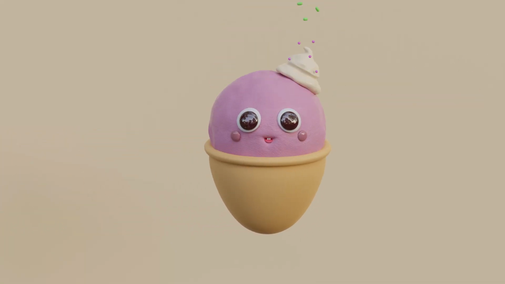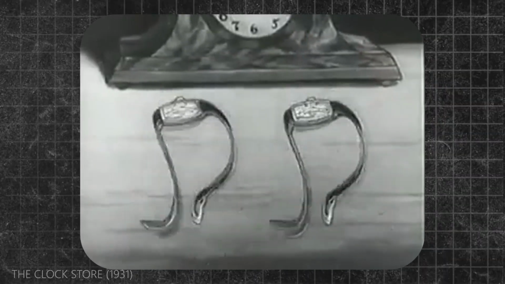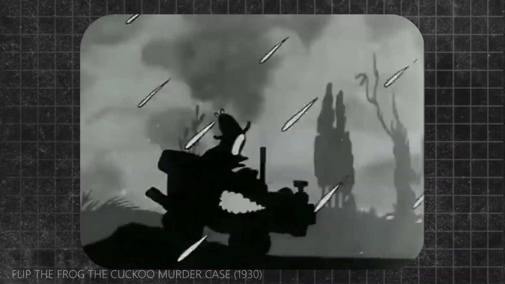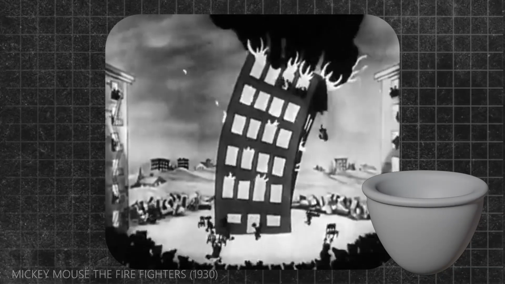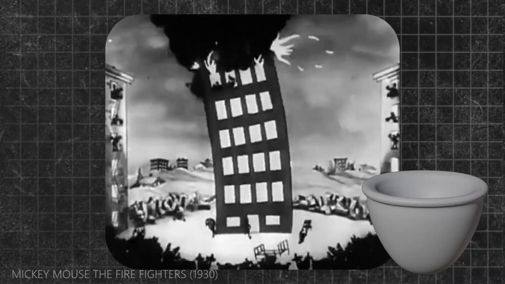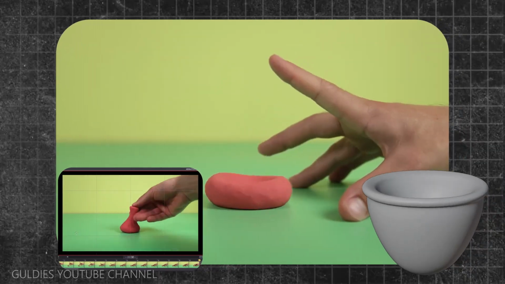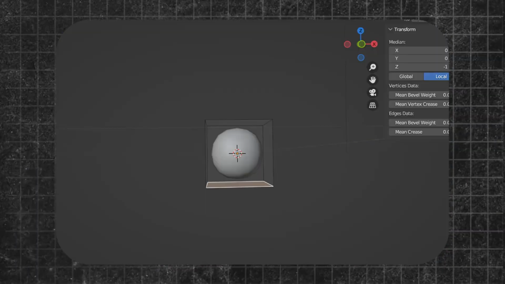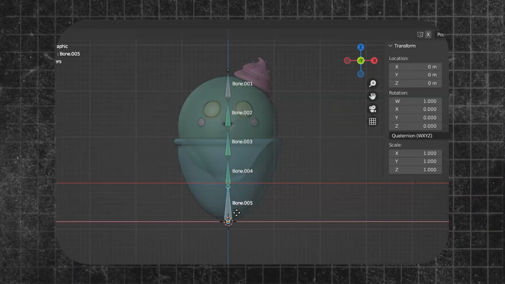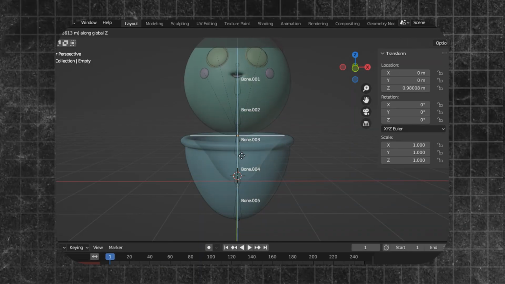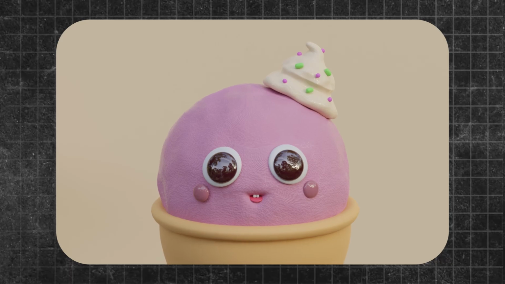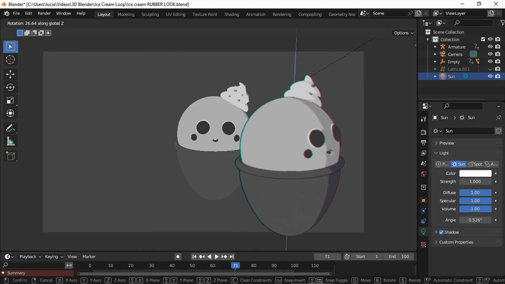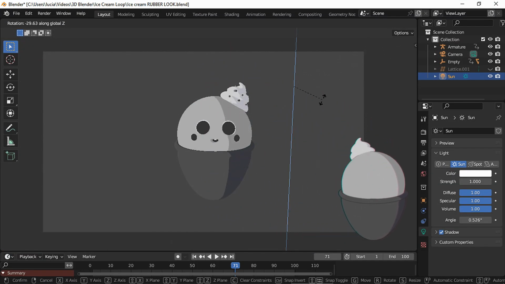Long time no see. Today I'm back with this animation tutorial. To create this project, I took these old cartoons as my inspiration. I wanted to create a curving, stylized motion for the cone, while for the scoop of ice cream, I took claymation as my inspiration. So I guess this is a bit of a hybrid, and I combined several animation techniques to get this result. While I created a plasticine looking shader for my final animation, I did experiment with a rubber hose look, so maybe I'll use it for a future project.